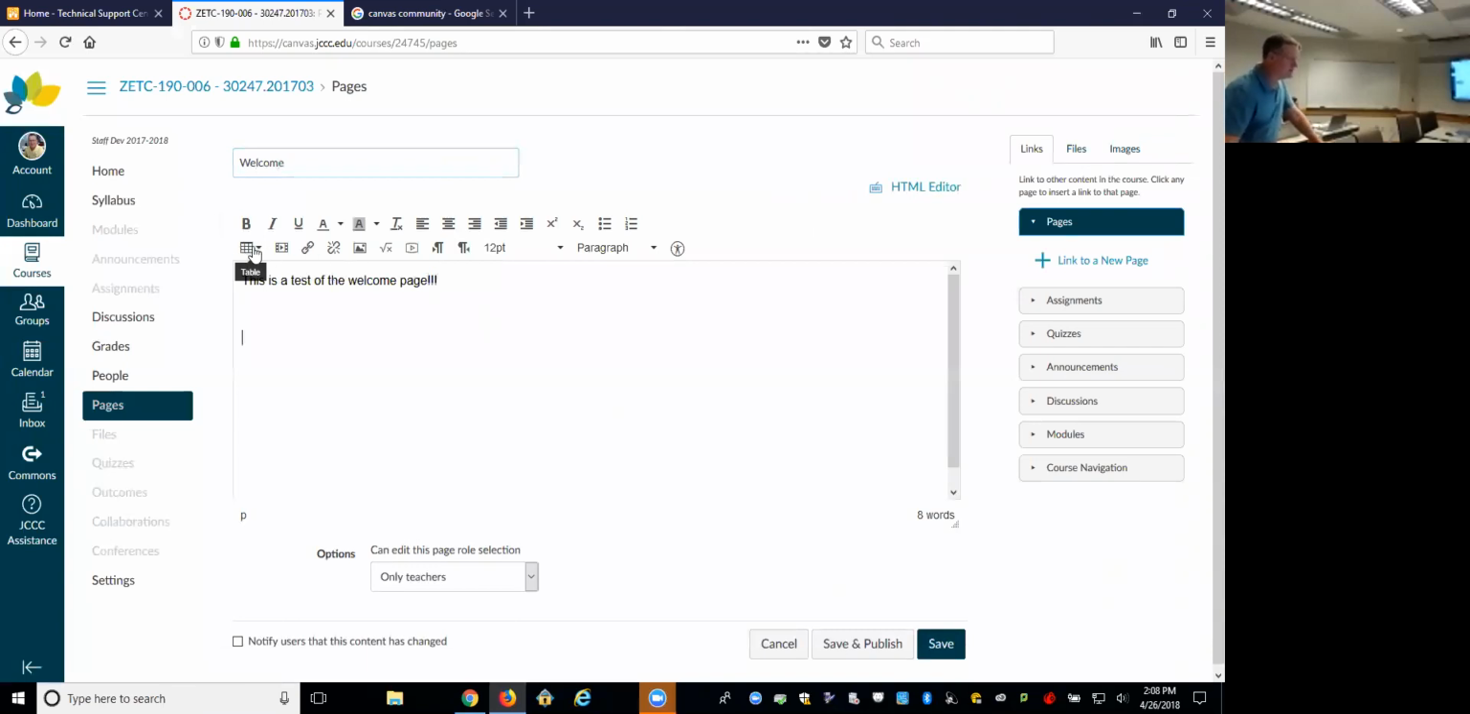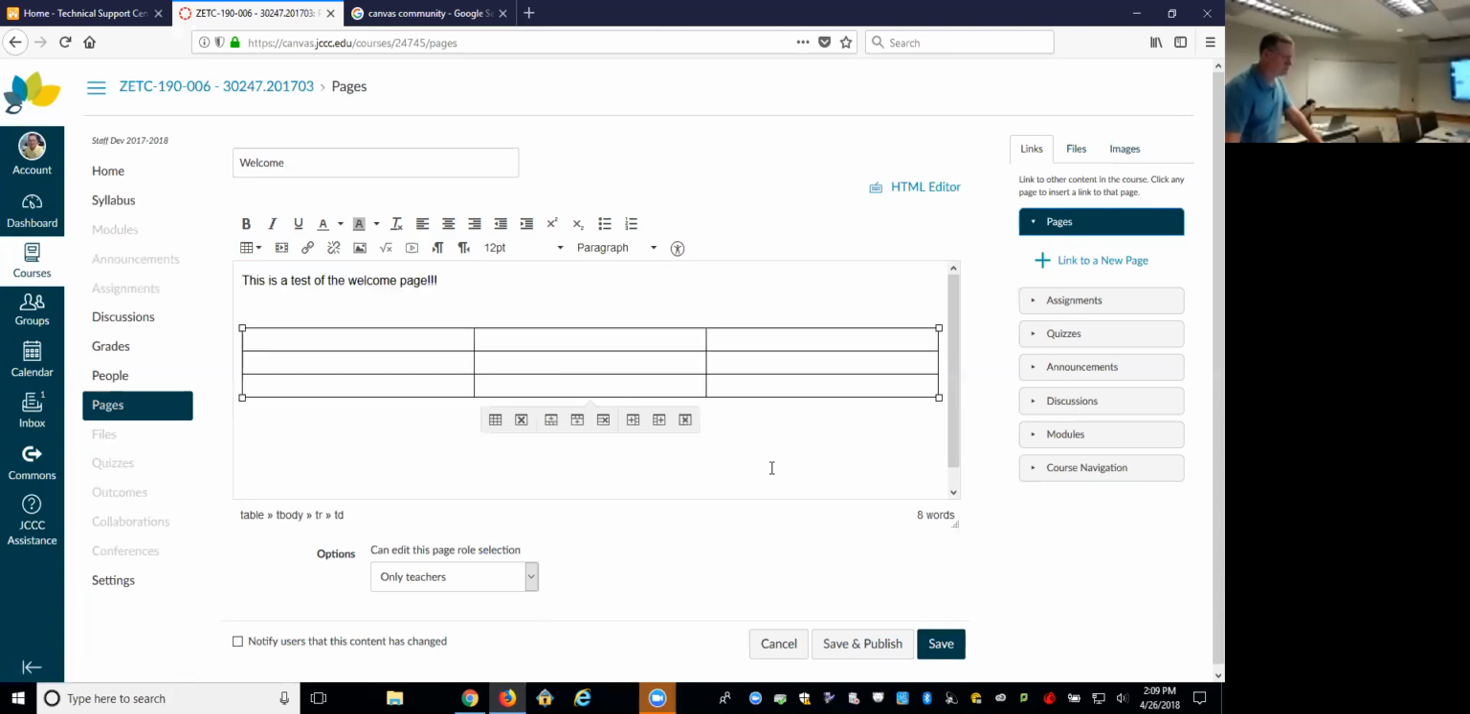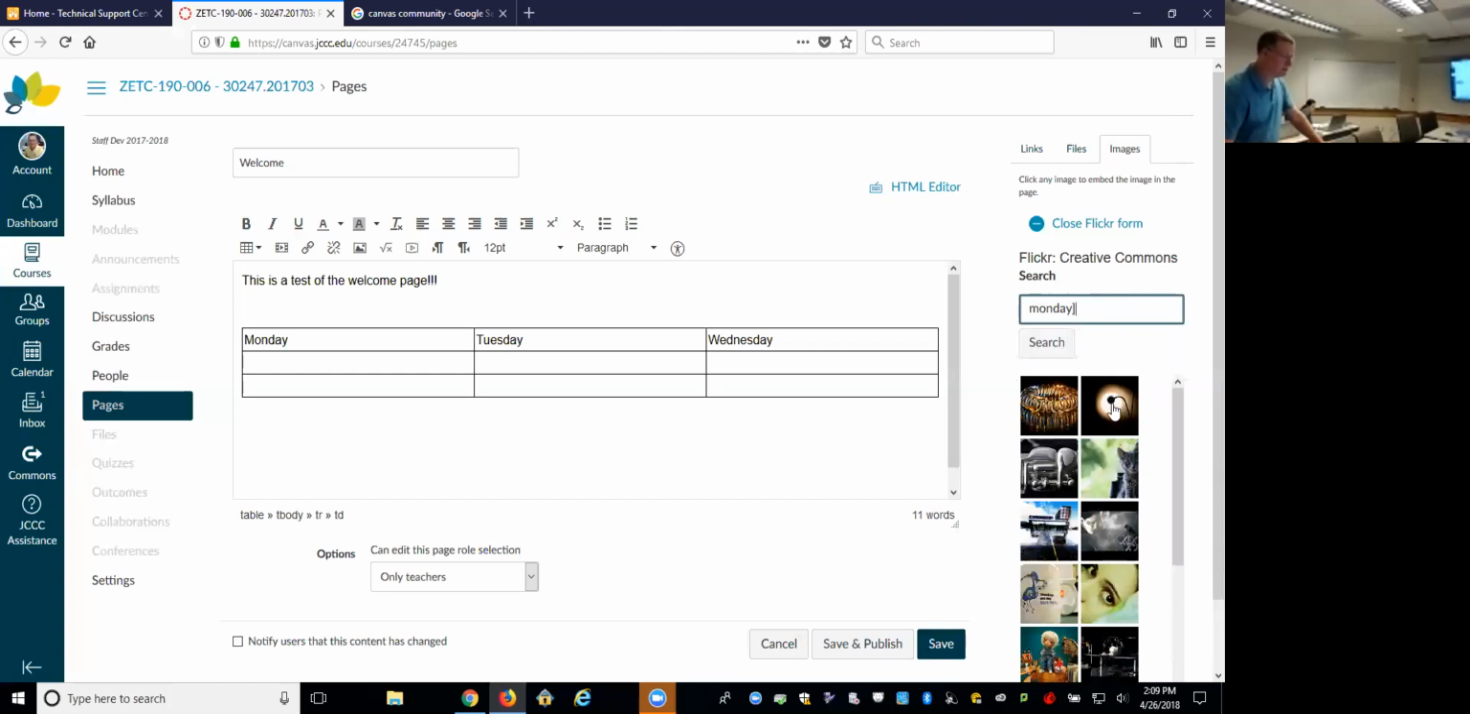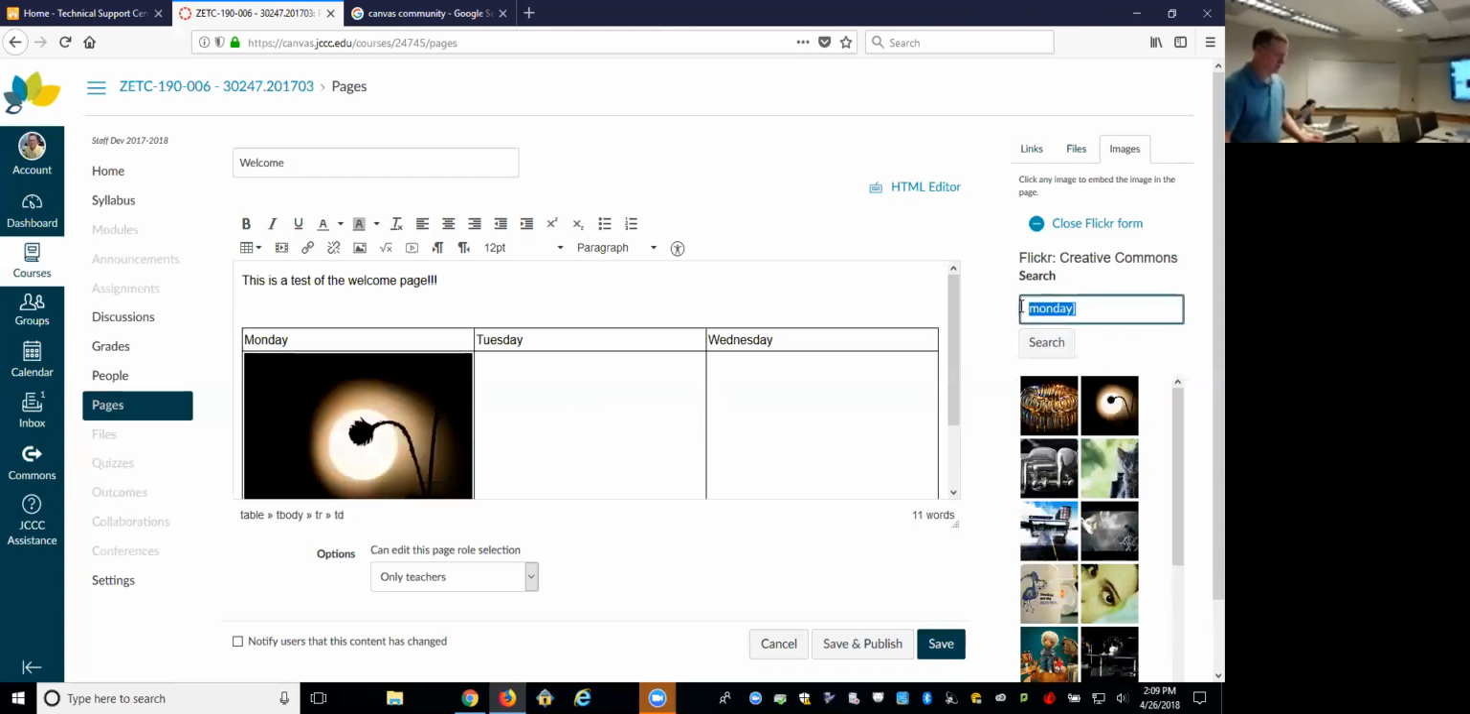Then I'll come down here, this little icon that looks like a table, and I'm going to say, let's make 3 columns across and 3 rows. Now, I could say that this is... and then I could also come out here if I don't think I have any images, but I could search for something. Let's just say Monday. I don't know if there's anything out there called Monday. Okay, let's look for